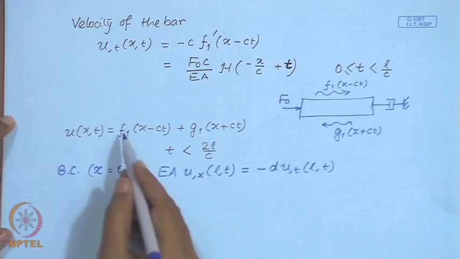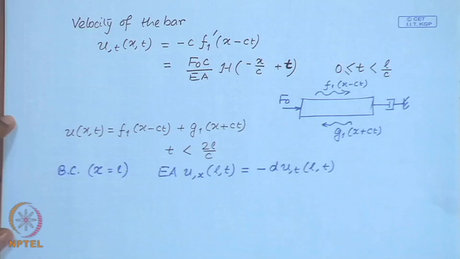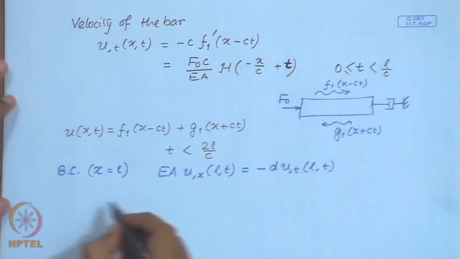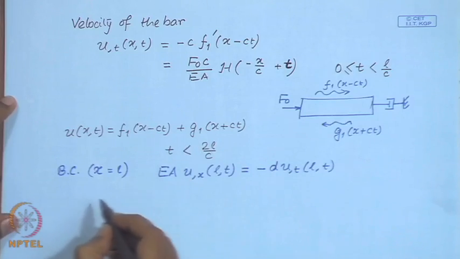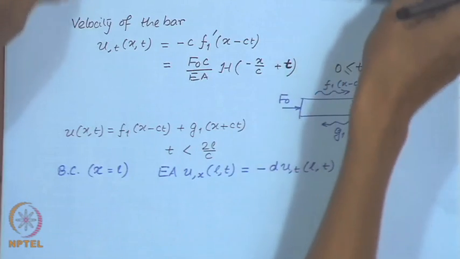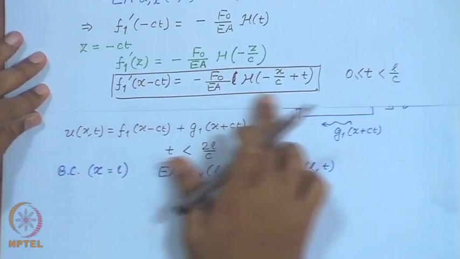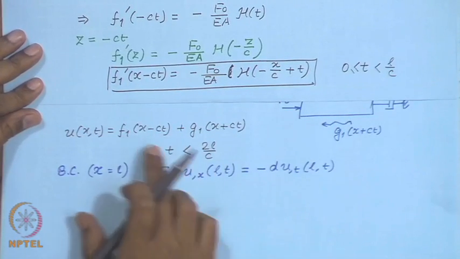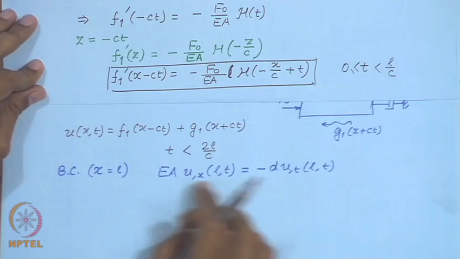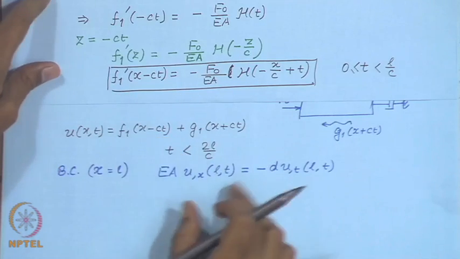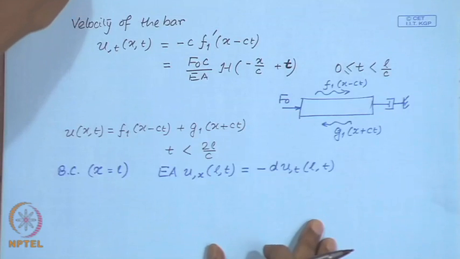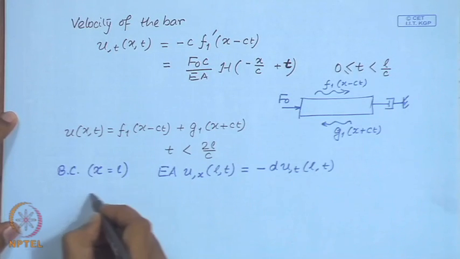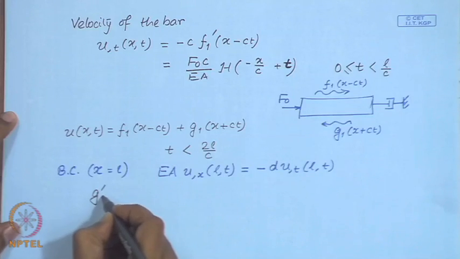Once you substitute this form here and do the simplifications using this expression of f 1 prime, because what you are going to get here is f 1 prime, there are derivatives on both sides. So, you will replace that with that expression, then finally you obtain G 1